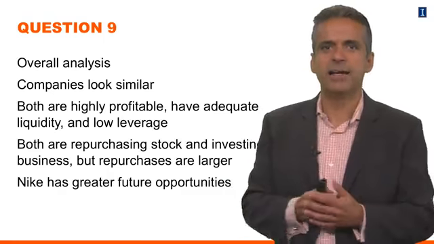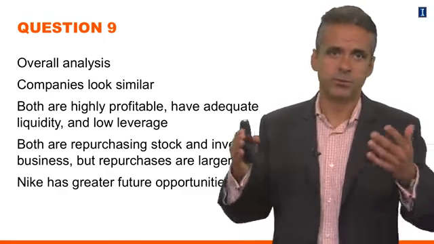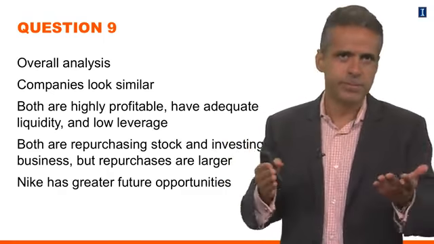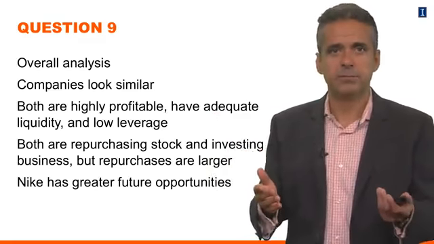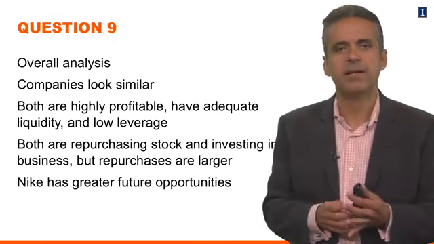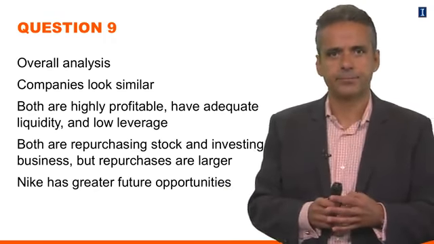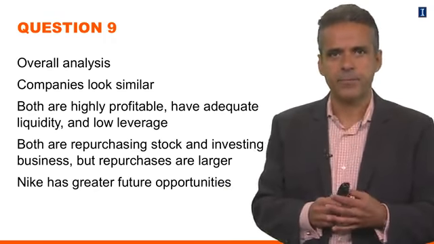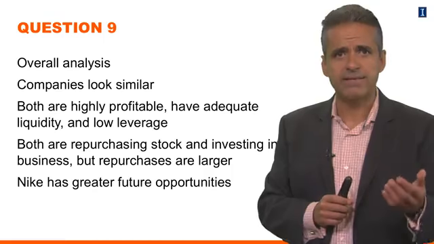So what's the overall analysis? This was an open question, so there are several possible reasonable, good answers here. Okay, this is what I learned by doing this analysis. Overall, the companies look quite similar, right? They are both profitable. They both have adequate liquidity. They both have low leverage, right? Perhaps Nike has a little bit higher liquidity and a little bit lower leverage than VF Corporation, so you could have mentioned that, right? And it was interesting that both companies are repurchasing stock and investing in the business, but